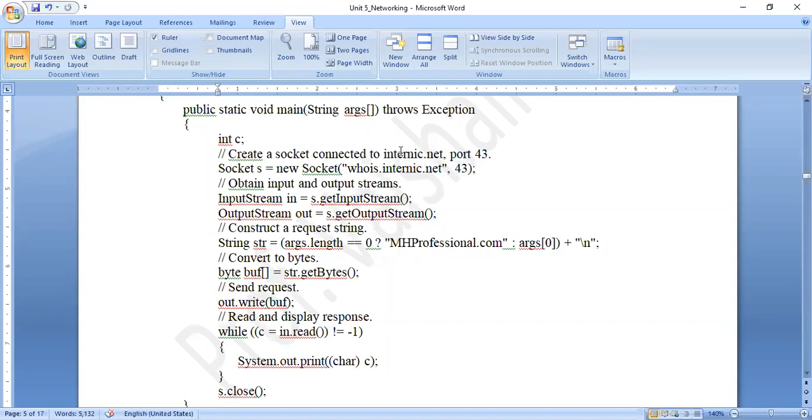Anyways, what we are going to do in this program, let me tell you later. So let us learn line by line. Once I have created a socket which will connect to internet.net website, then I'm creating an input stream object. As you all know, the name of that object is in, which will receive the information. Output stream object out is used to send the information. So I'm creating these two objects by using the methods getInputStream and getOutputStream. Once they are ready, let us start.